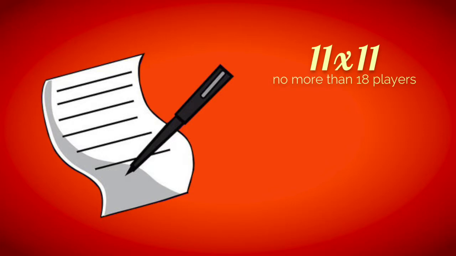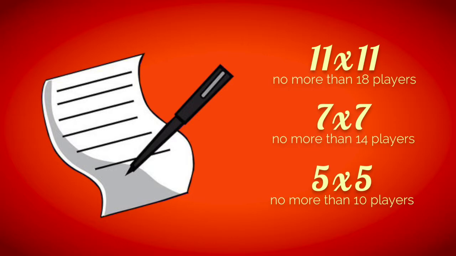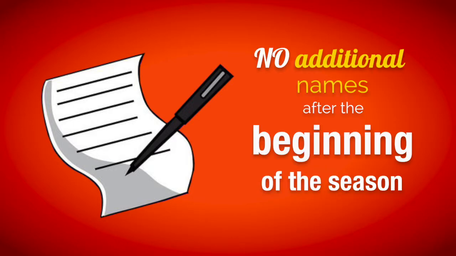The game sheet cannot have more than 18 names printed on the sheet for an 11 versus 11 game, or 14 names printed for a 7v7 game, or 10 names printed for a 5v5 game. Any additional names after the initial quota is reached will be crossed out and those names will not be allowed